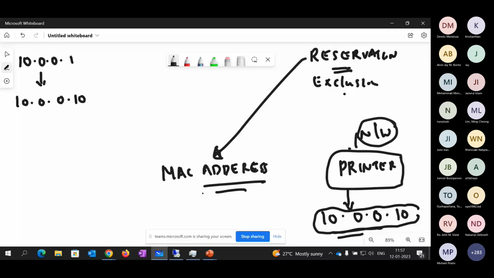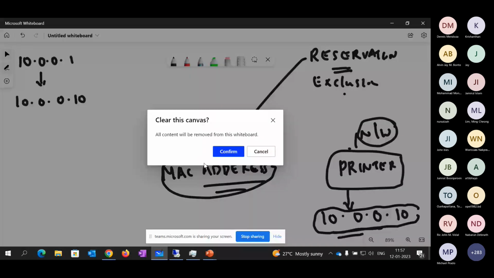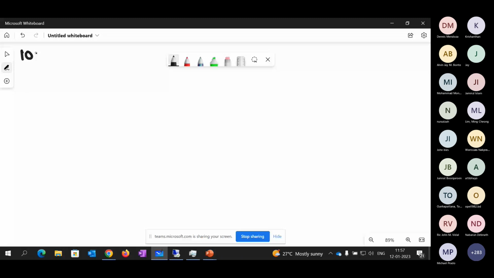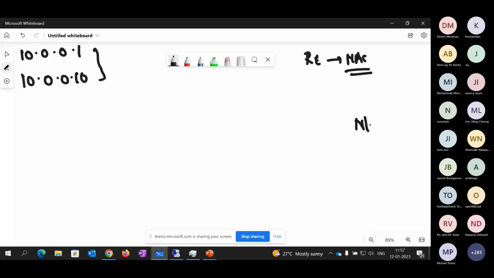Now, when you configure a reservation here, we understood MAC address is mandatory here. Now, I'm just giving a scenario like you have a scope defined. For configuring a reservation, MAC address is mandatory. I'm just giving a scenario like you are planning to configure a network printer. Currently, the printer is not available in your organization. In future, it's coming,